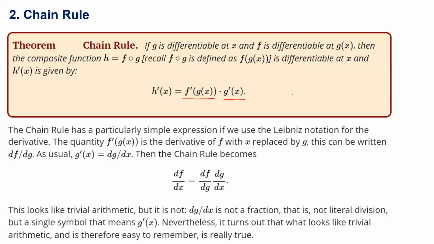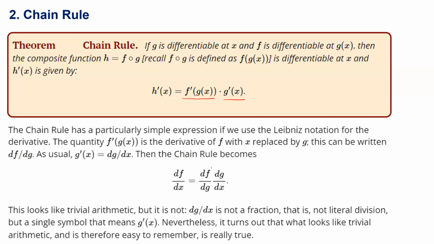The chain rule has a particularly simple expression if we use the Leibniz notation for the derivative. The quantity, the derivative of f with respect to g(x), is the derivative of f with x replaced by g. This can be written as df by dg. As usual, the derivative of g(x) equals dg by dx. Then we can use the Leibniz notation to express the chain rule as df by dx equals df by dg